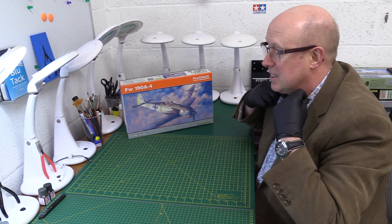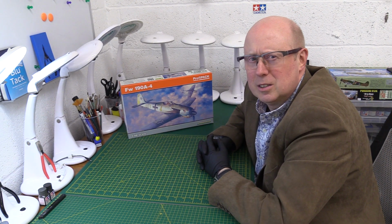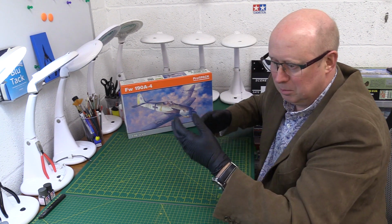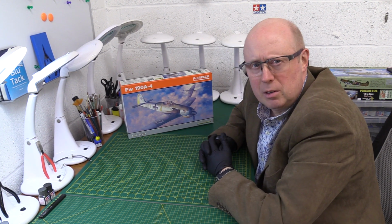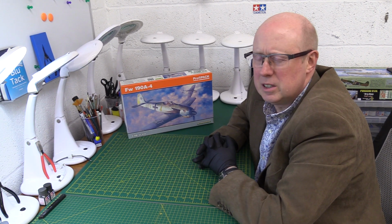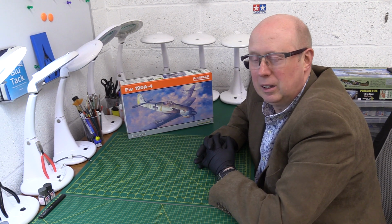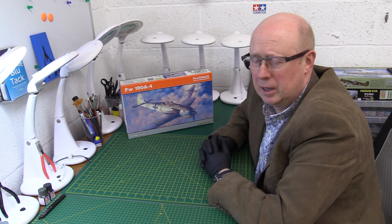And I say that because I had a terrible time with it. It was the Mirage 3C and it was not a nice kit at all. I won't repeat all the comments I made, but it was awful. It was beautiful in the box, looked really scale-like and detailed and all the rest of it, but it just didn't go together well at all. It was awful. Gaps, warped, you name it, it was all there. Anyway,